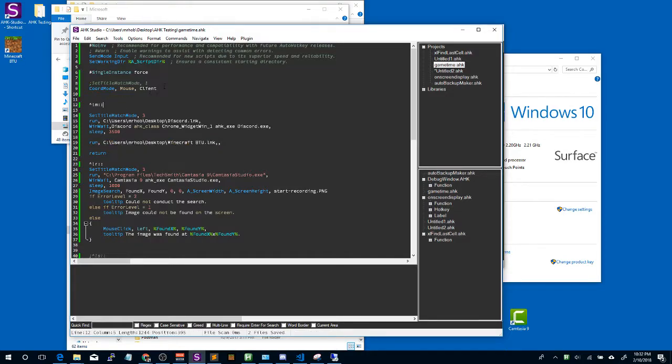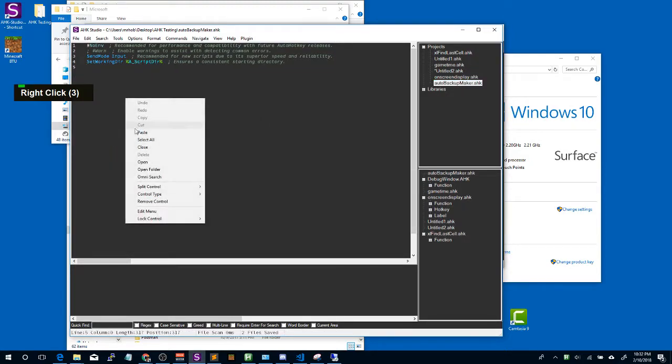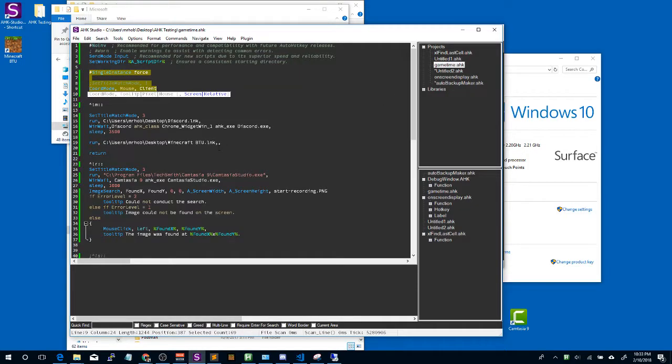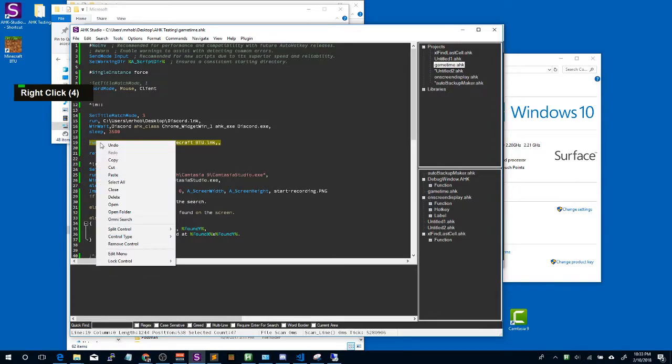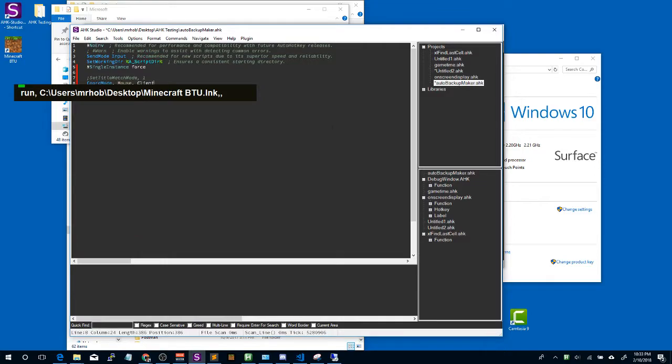Our game time script. We're going to go ahead and copy out the top things that I added in. We'll paste that in here. Go back to game time. We'll copy out the Minecraft, run Minecraft. Okay. And what we'll do,